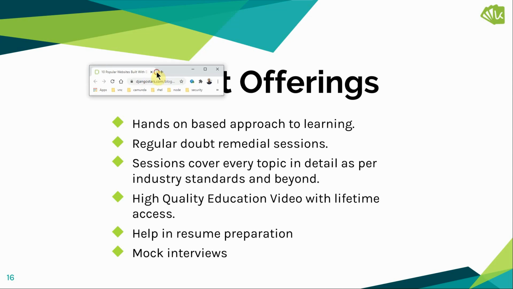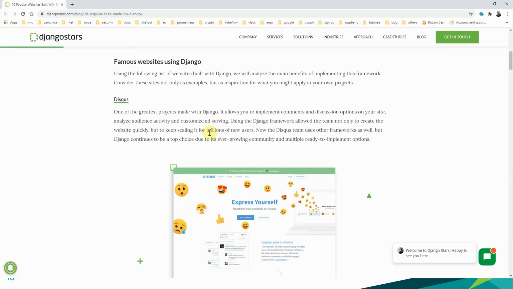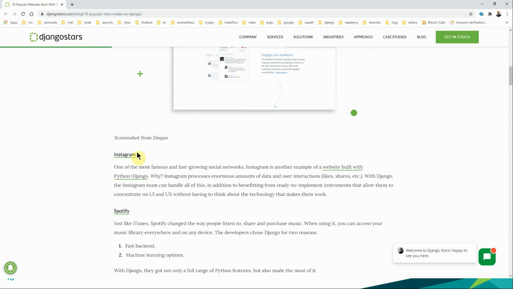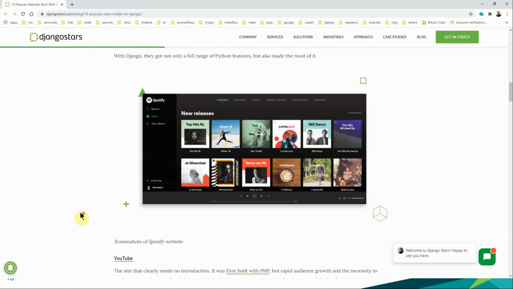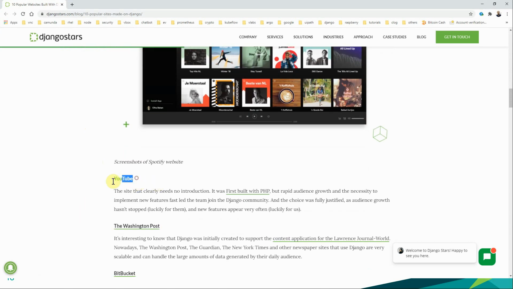If you have a look at it, you will find sites like Disqus, then our own very friendly Instagram, Spotify. All these sites are running on Django. YouTube too is on Django. It was initially on PHP, but due to its growth, they moved it to Django.